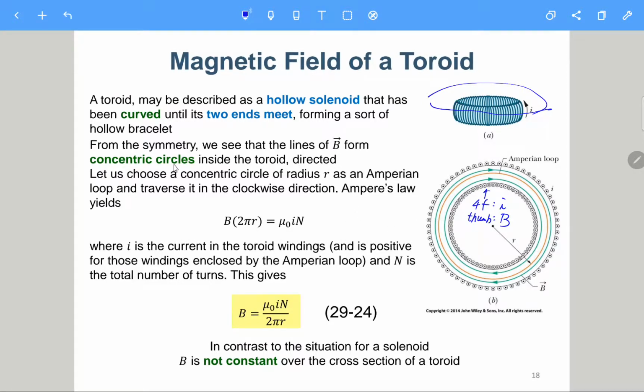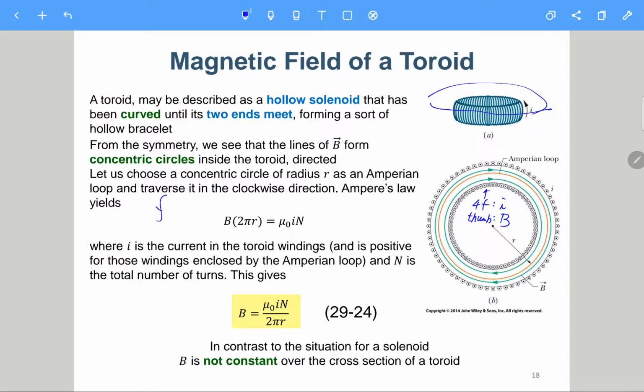Now we consider a concentric circle of radius small r. This is the center of the circle, and we choose a small r which is between the inner loop and the outer loop. And also we assume the B field inside the toroid to be uniform. Not actually uniform in this case. But yeah, so we can see that